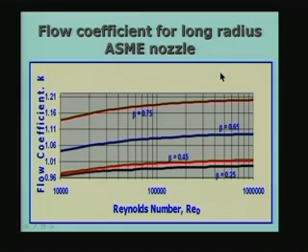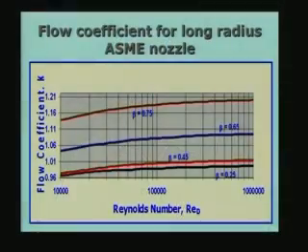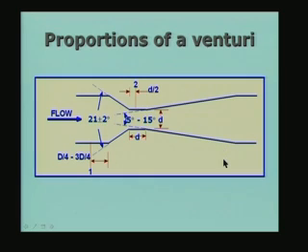So, if you compare the orifice plate and the nozzle, the orifice plate has a low value of flow coefficient. And if you go back to equation number 6, which showed the dependence of Q versus the rest of the things, if the coefficient of discharge is smaller or the flow coefficient is smaller, it means that the delta P generated will be higher. Okay. So, the orifice plate is going to give you a larger pressure drop or measurable pressure difference as compared to the nozzle in this case. Of course, we will see in a moment that in the case of Venturi also the same thing holds. So, the proportions for a Venturi are given here.